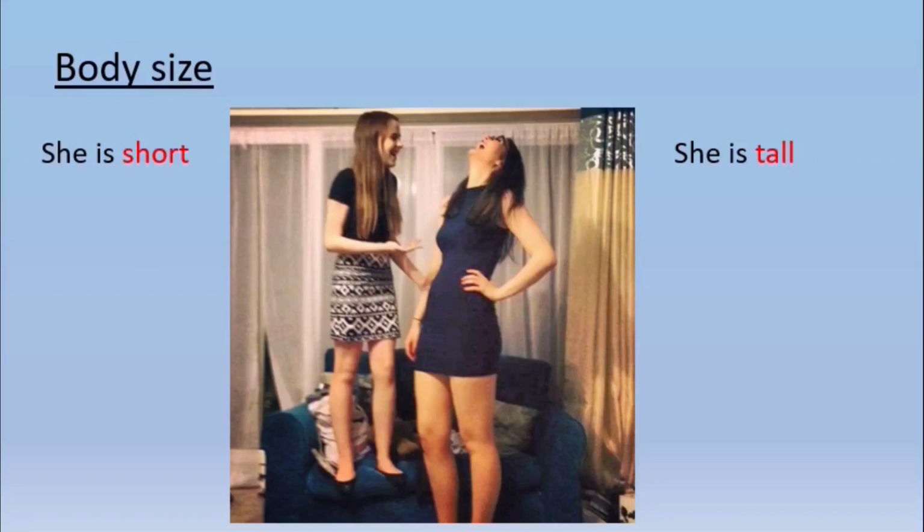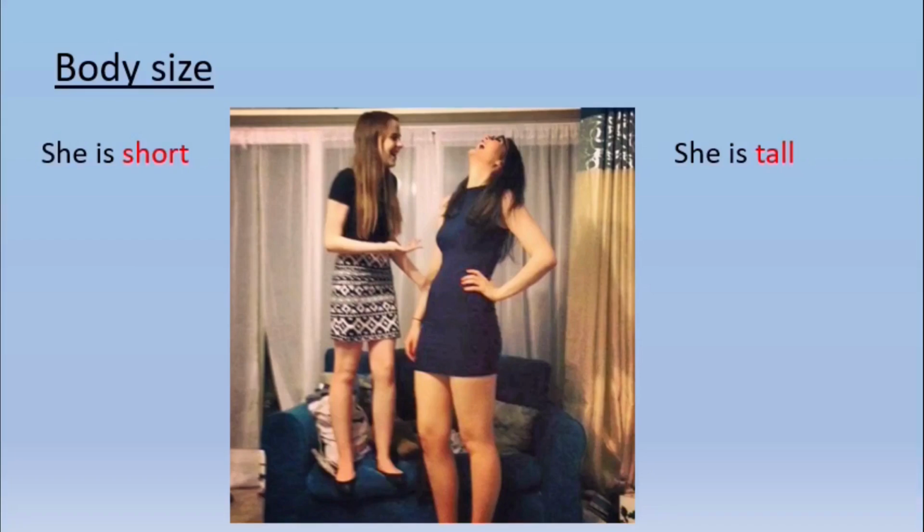People are all sizes. They have body sizes that are short, or tiny, or small. But they also have body sizes that are tall, giant, huge. She is short.